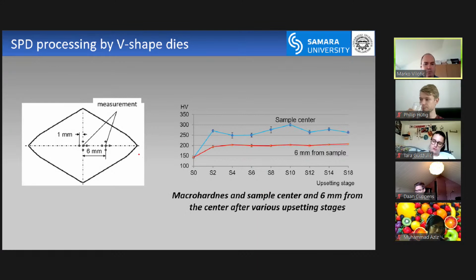Yeah, macro hardness. We check the sample's macro hardness in the 2 regions, center and 6 millimeters from the center. And of course, at the center, we get the higher values. Again, this is like a saturation effect. So what does it tell us? It makes no sense to upset the sample more than 4 times. Okay, maybe in this case, maybe 10 times, but generally the upsetting in 18 pass stages makes no